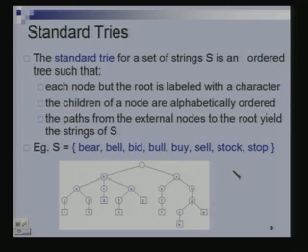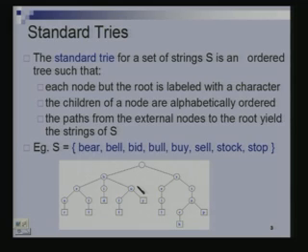So now you can build this thing. If I give you a set of words, can you build this trie? Straightforward, right? What am I doing? At the very first level, I am looking at the first characters of all my words and seeing what the various occurrences are. If you look at the first character, I have just B and S. So there will be one node corresponding to B and one corresponding to S. Within this B, this B has only 5 words associated with it. What are the second characters of these words? E, I, U. So that's why I have E, I, U as the children of B, and so on and so on.